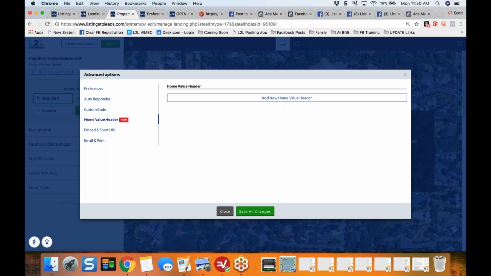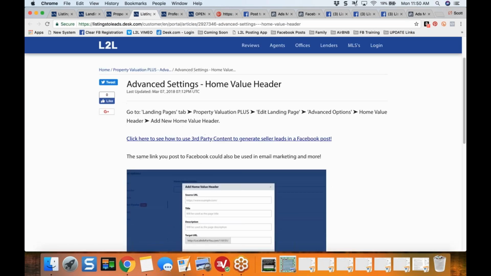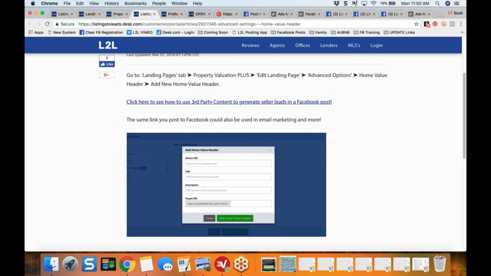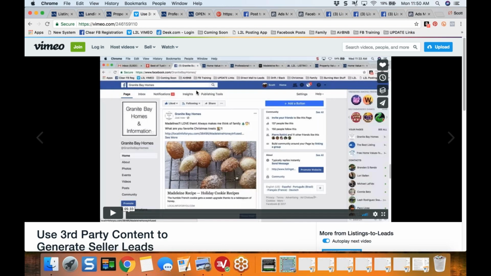And also note, for the landing pages, you see that light bulb way down there in the lower left? So if any one of these advanced options, if I click that, it'll walk me through how to use home value headers, all right? And also walk me through